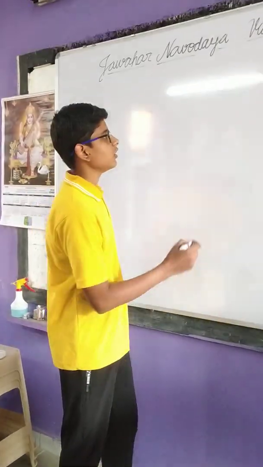As we all know in chemistry, there are so many compounds and each and every compound has a specific chemical formula. And in our 9th class syllabus, we have already studied how to write the chemical formulas of some important compounds. So let us recall those steps by taking examples of some compounds. Let us take the first example of sodium chloride, NaCl.